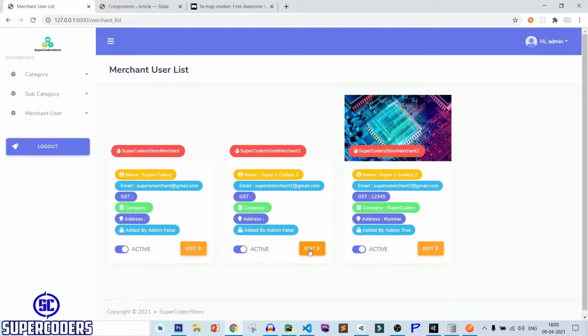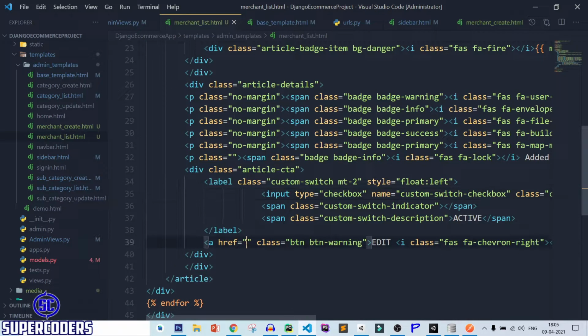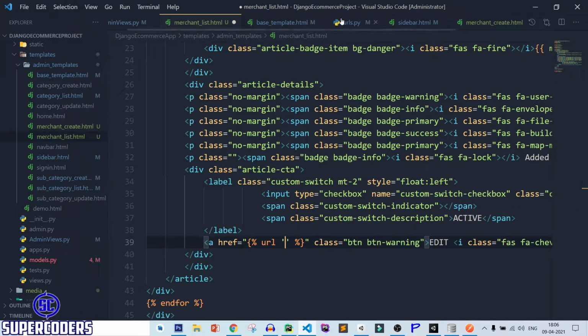After that, let's work on edit button. So here, let's set the URL. Then you need to pass the URL. So let's create the URL, merchant update.